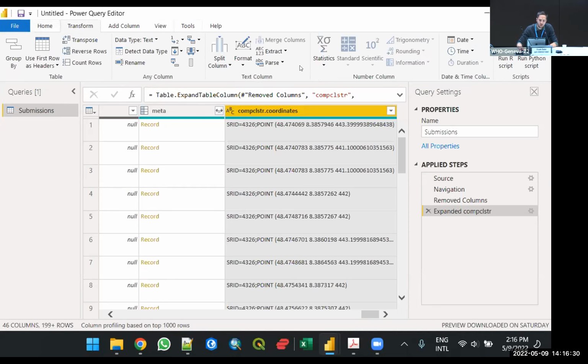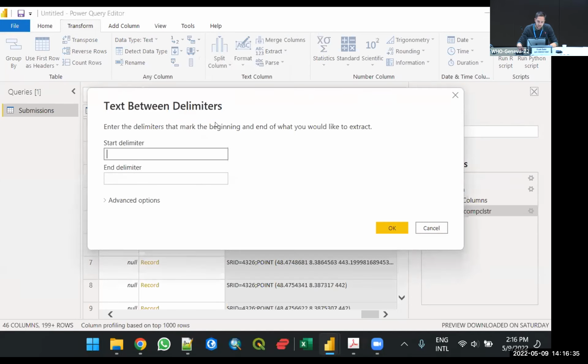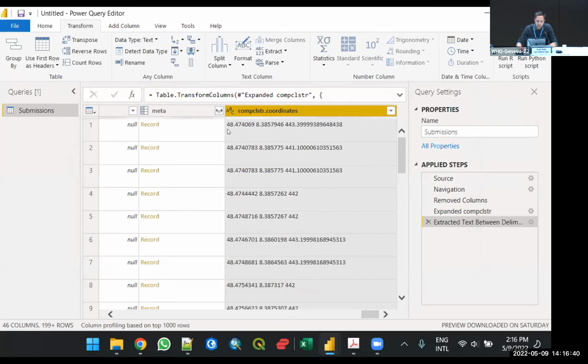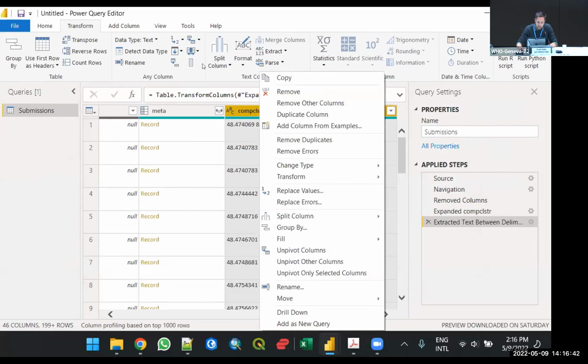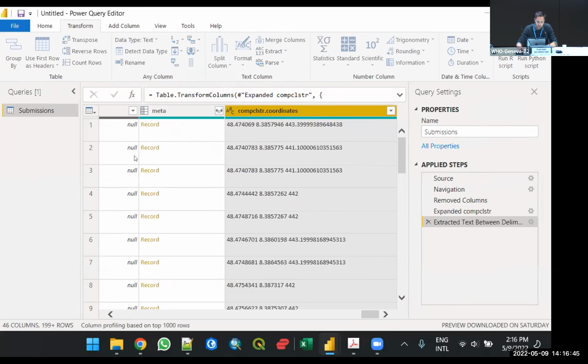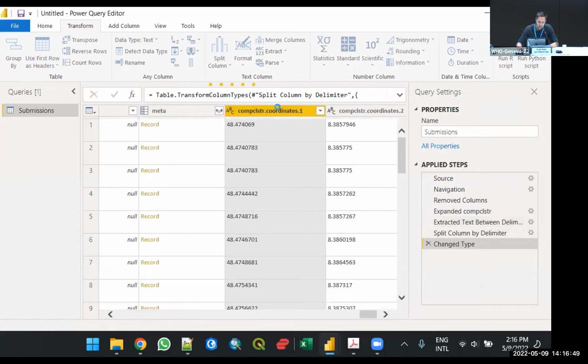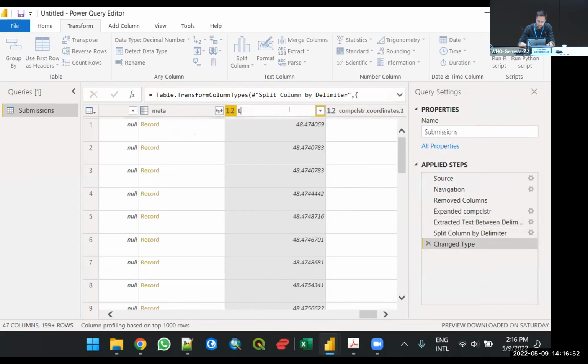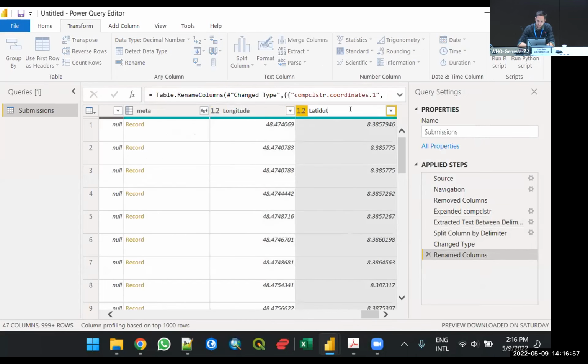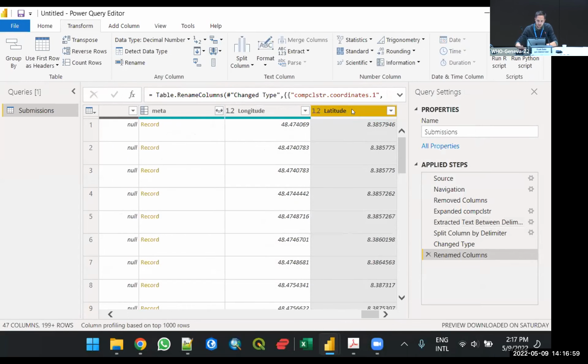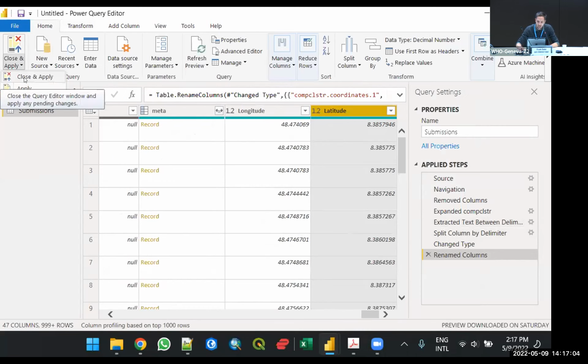Okay, I'm going to transform. I'm going to say extract. I'm going to extract the text that is between these brackets. And then I'm going to split this column based on the space delimiter. And then we should have one column that has the longitude information and one column that has the latitude information. And that's it. There's plenty more that we can do over here, but that should be enough for now,